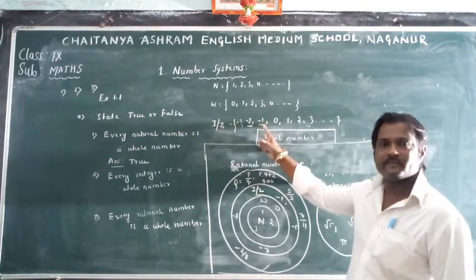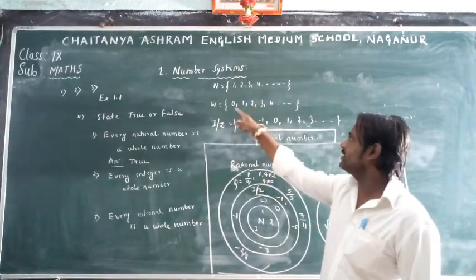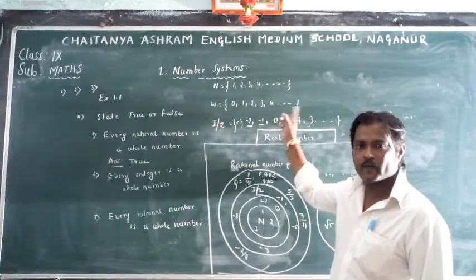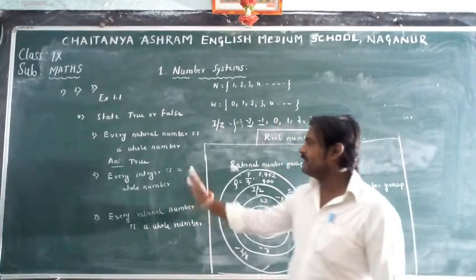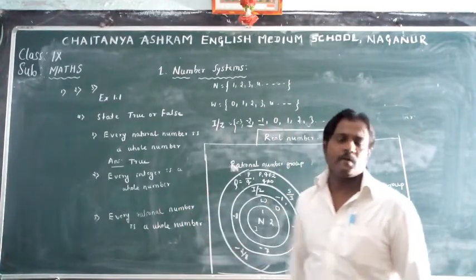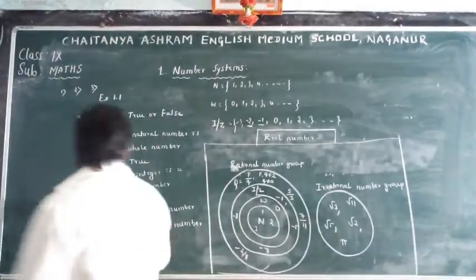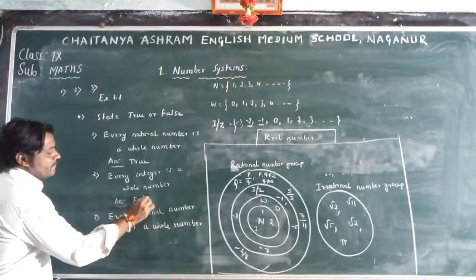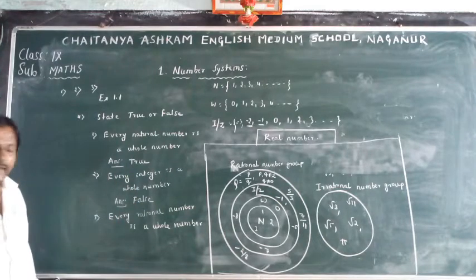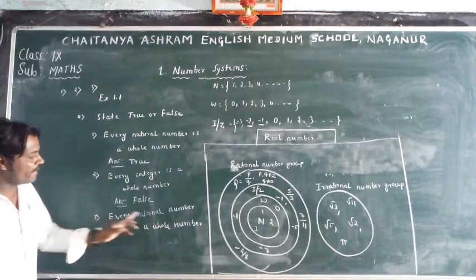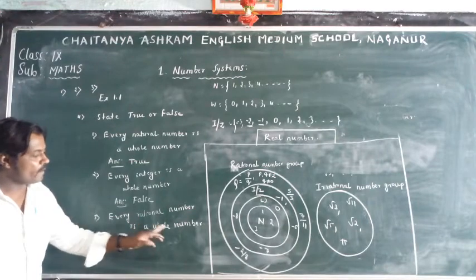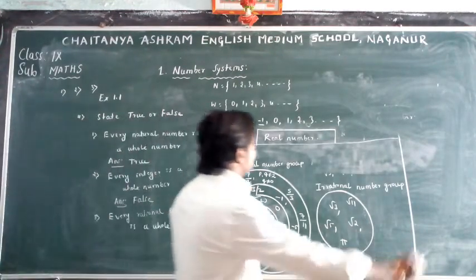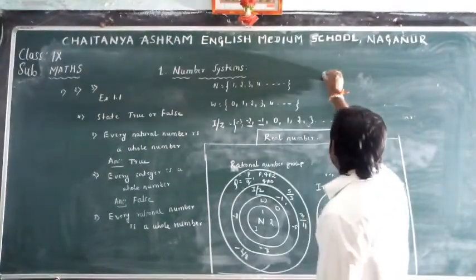Take any more. -1 is an integer, but -1 does not belong to the set of whole numbers. So -1 is not a whole number. So the statement that every integer is a whole number is false. So what is your answer? This is false. Clear? Next, every rational number is a whole number. Observe. So the set of rational numbers